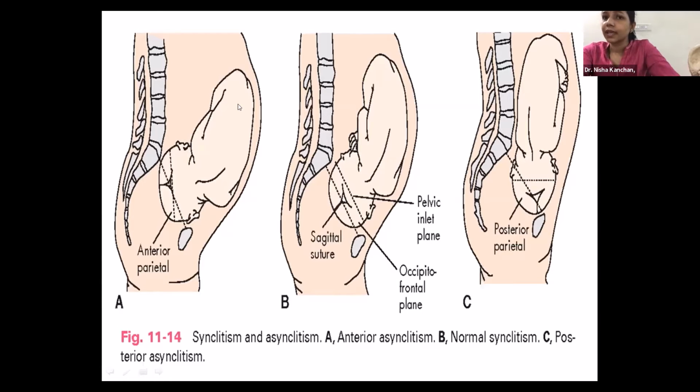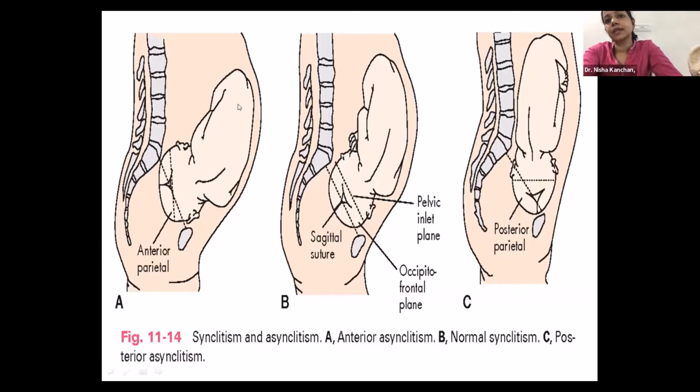So in asynclitism, the diameter which comes into play is super subparietal. It is not the bilateral parietal eminences which enter the pelvis. It is super subparietal. Super subparietal diameter will be about 0.5 to 1 centimeter less than biparietal, from above one parietal eminence to below one parietal eminence. So that is the purpose of asynclitism, to decrease the available diameter entering into the pelvis. So from biparietal, the diameter becomes super subparietal. So there are two ways by which the baby can do that.